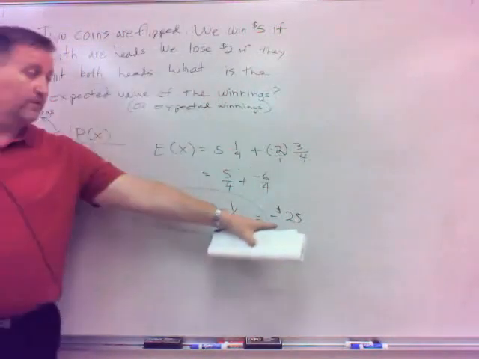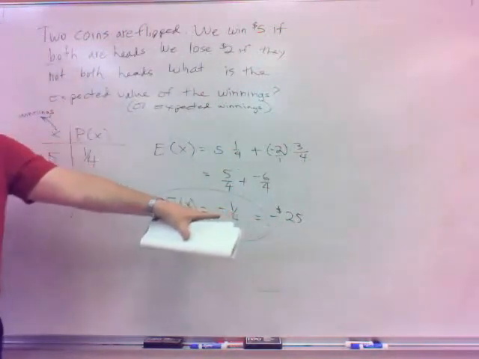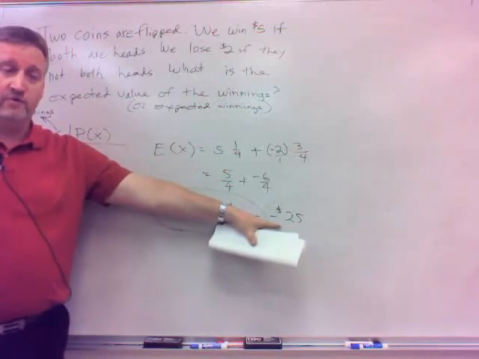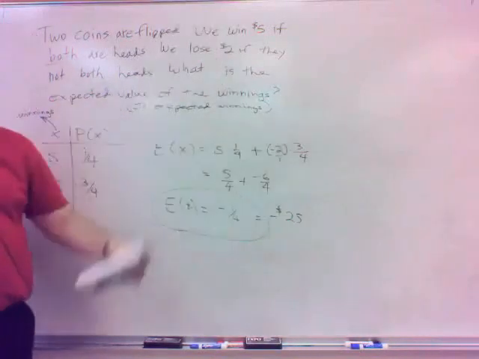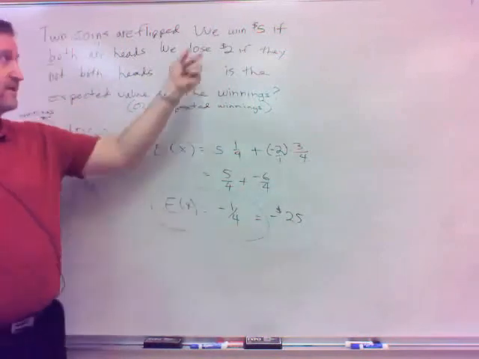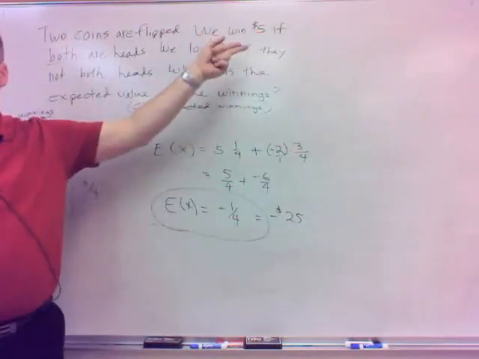But this is what we'd expect to average, which brings up another point. Yeah, this number, am I ever going to lose 1/4? No. I lose $2 or I win $5. But this is an average, right? Your average doesn't have to be one of these numbers. It won't be one of